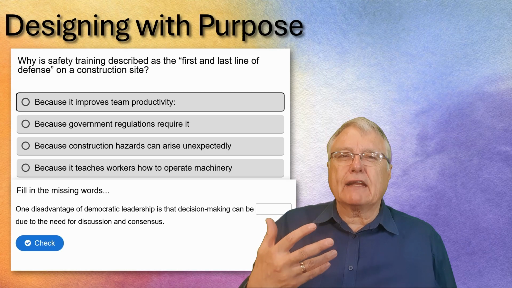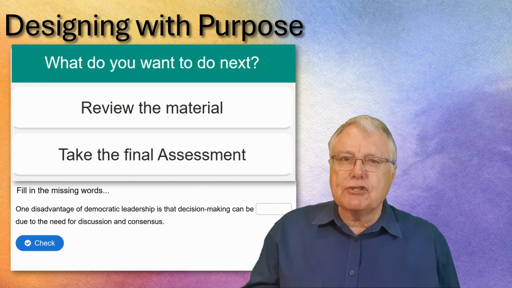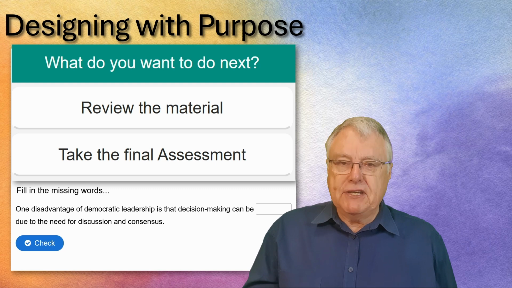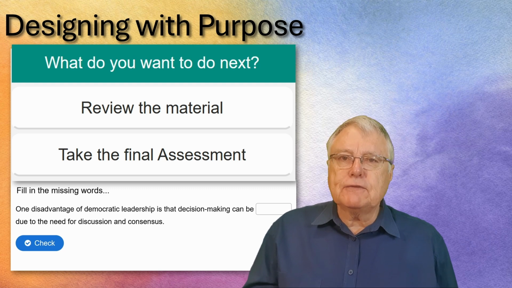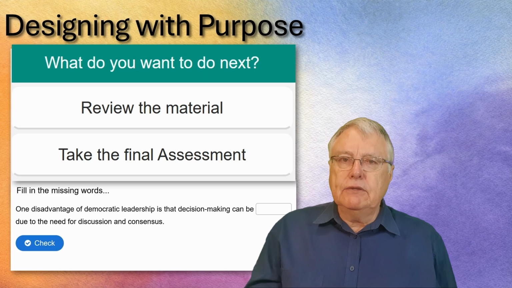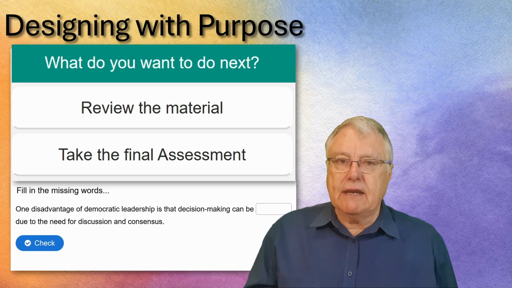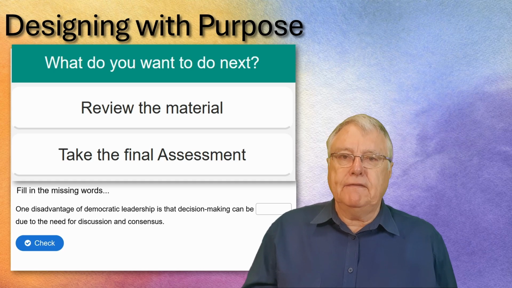A crossroads interactivity lets viewers explore consequences by branching to different scenarios or outcomes based on their choices. This transforms passive watching into experiential learning. Each decision deepens their insights into cause and effect.